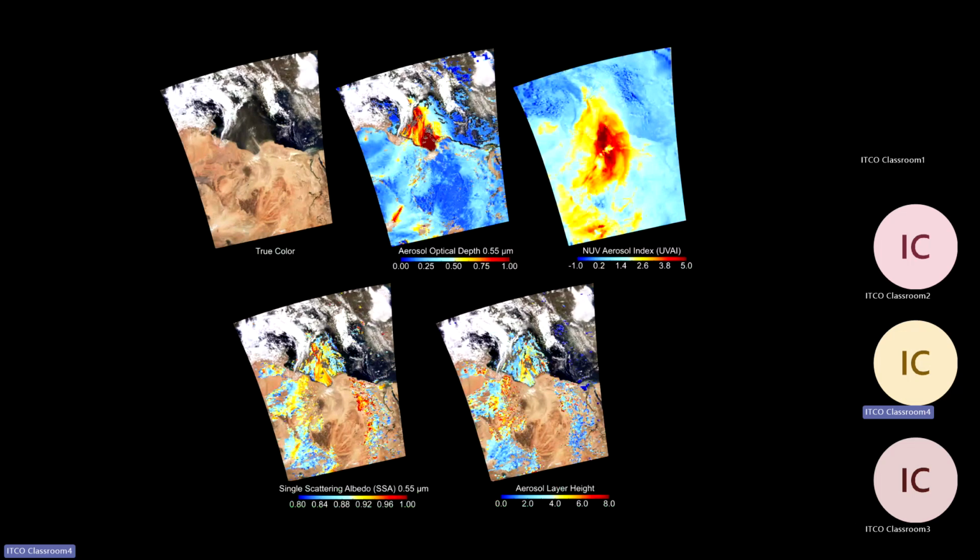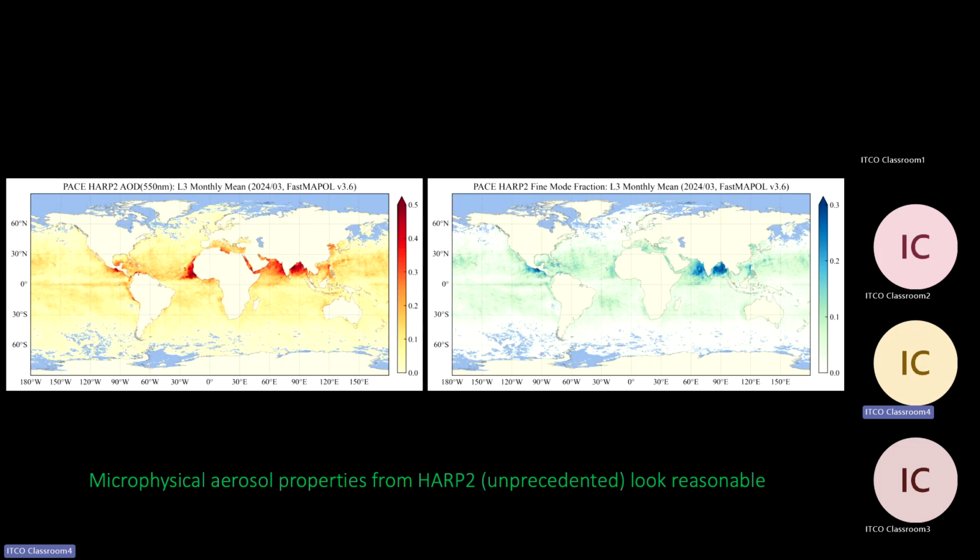So we've got some aerosol data products there. So we've got a dust plume. This is from, I think, OCI products as well, and this is looking at some HARP polarimetry microphysical properties. We're looking at fine mode fraction of aerosol optical depth here. So where it's red, there's a very high aerosol loading, and you're seeing the fine mode fraction of the aerosol. So again, it's a bit like size distribution. It can tell you a little bit about